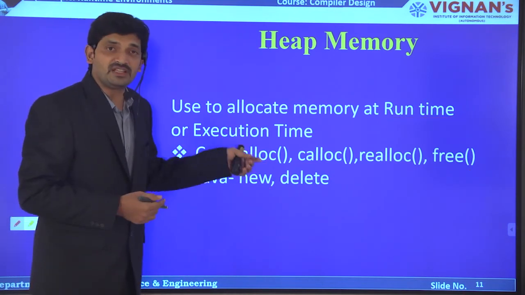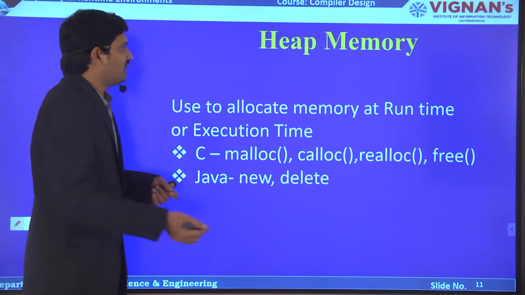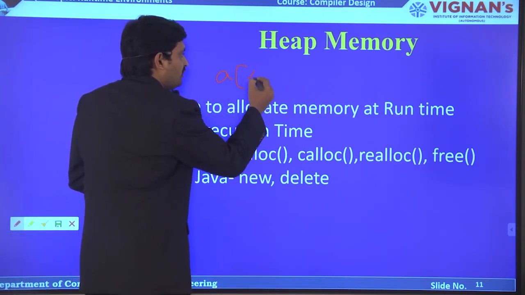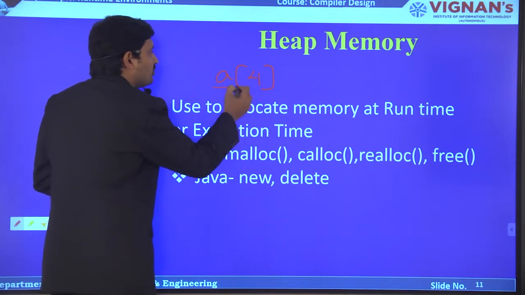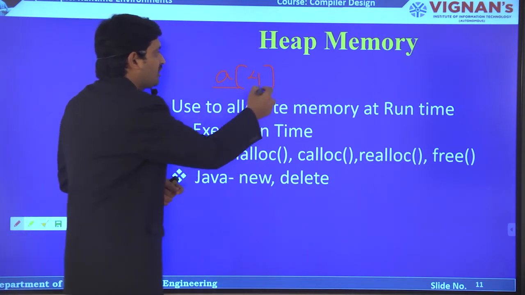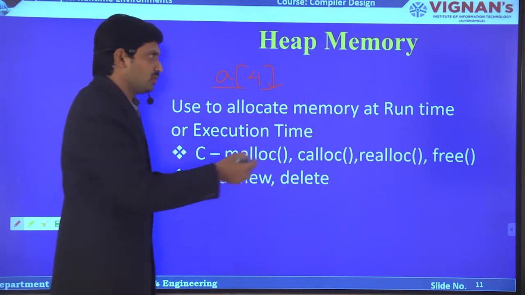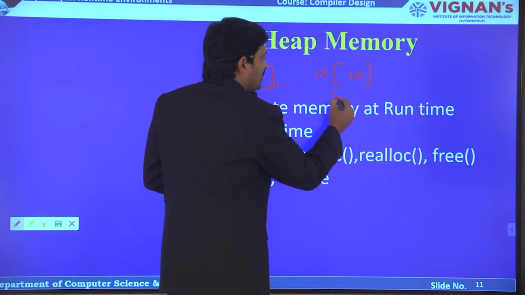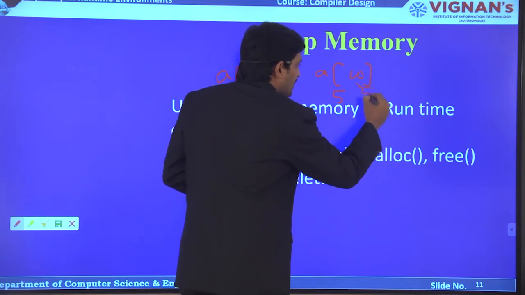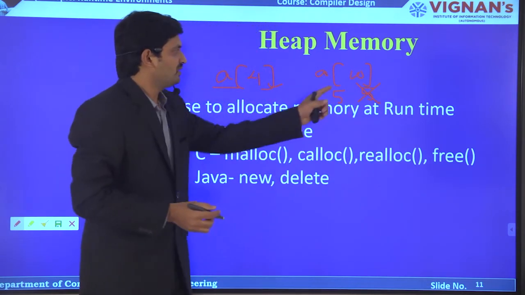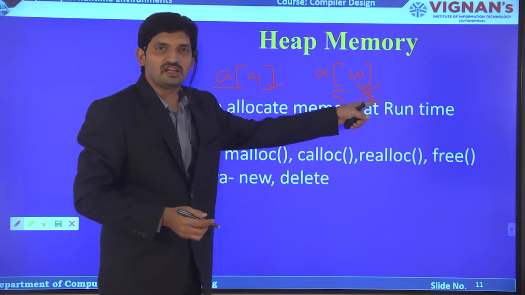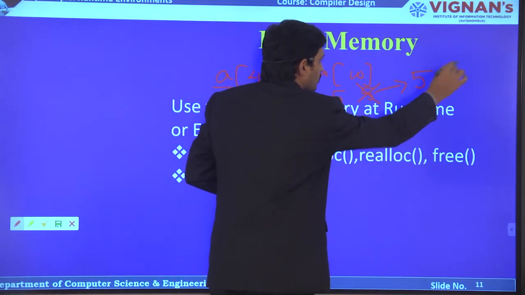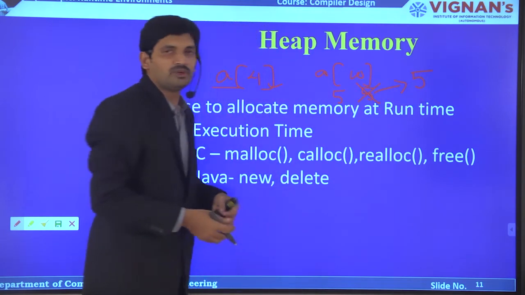If it is a heap data structure, we are going to allocate the memory at runtime. Suppose we need 4 blocks of memory for a particular array A, so we can allocate only 4 blocks. Suppose I allocated 10 blocks, but I used only 5 blocks, so the other 5 blocks of memory are wasted. So I can deallocate such memory. So the total blocks used by that array is 5 blocks only.